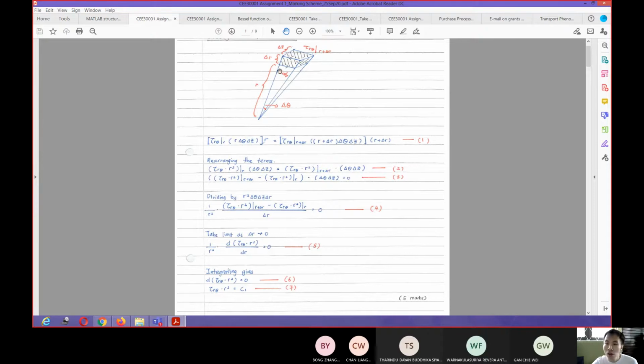Okay, so the solution here is that you use a moment balance. You multiply this shear stress with the length of your